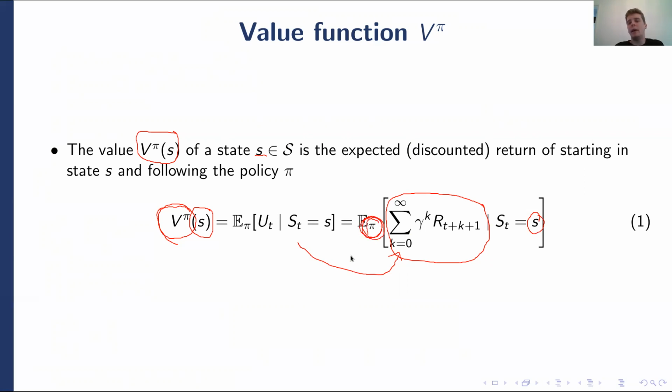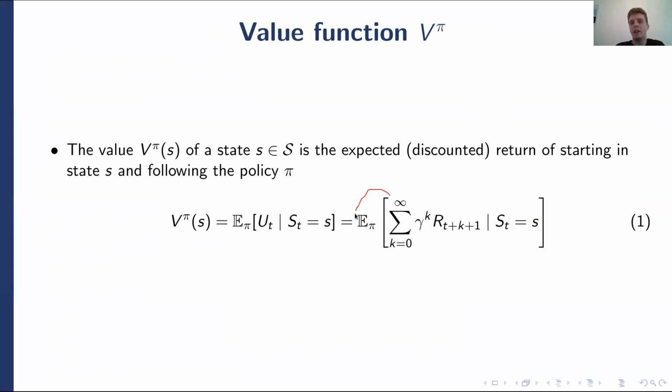So notice that depending on the policy that you follow, you should expect to receive more or less reward. So if you use that bad policy that I mentioned earlier, where you always go up in the example environment, then you should expect a reward that's not that great. But if you use the good policy that I showed afterwards, you should expect a high sum of rewards until the end of time.